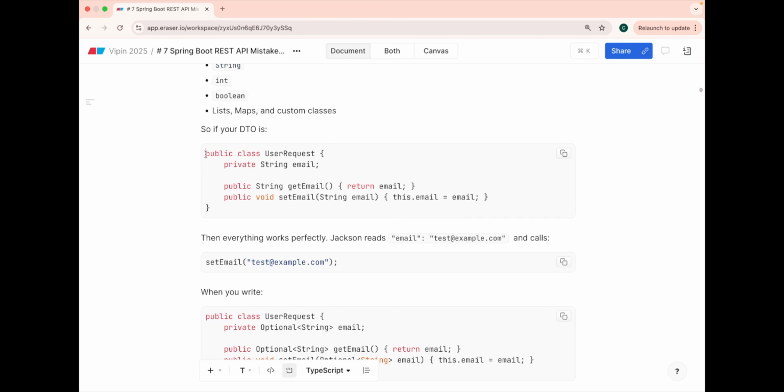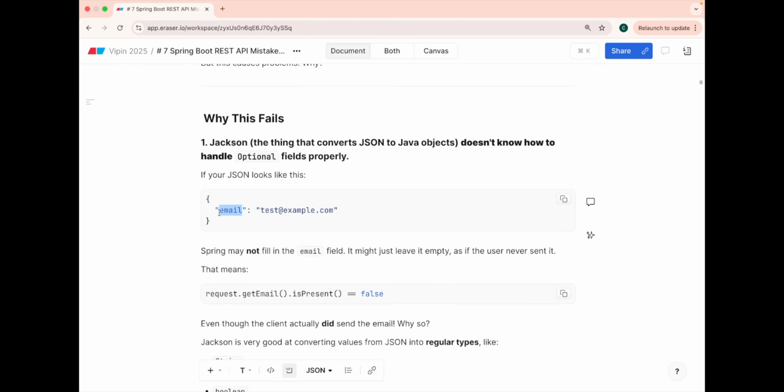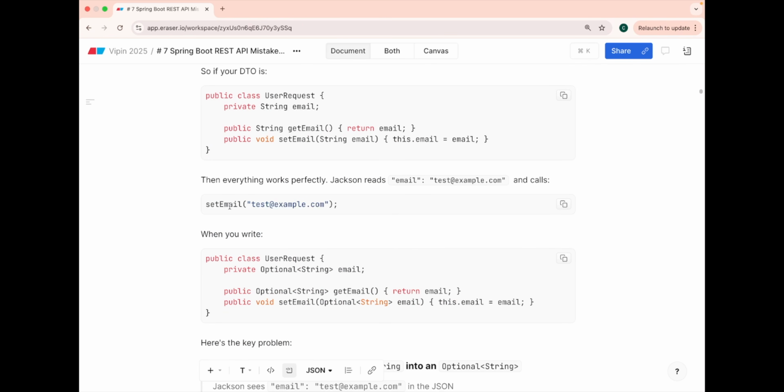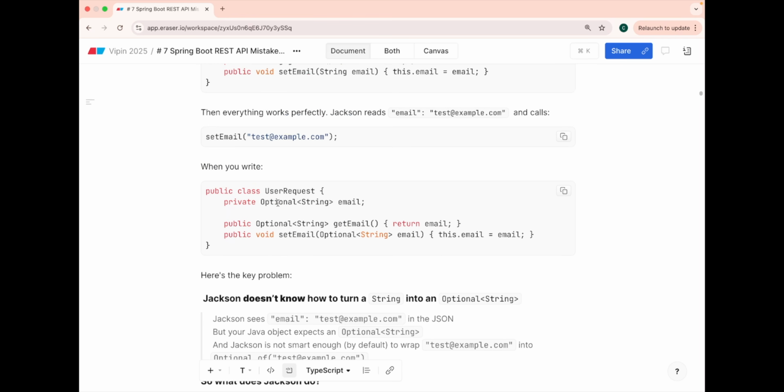So if you have a user request object with a private String email and a getter and setter, it works perfectly fine, because when you give this JSON to it, it calls the setter method. So setEmail is called with this particular value, and your user request object is perfectly filled. But as soon as you make this field an Optional, you are in trouble.